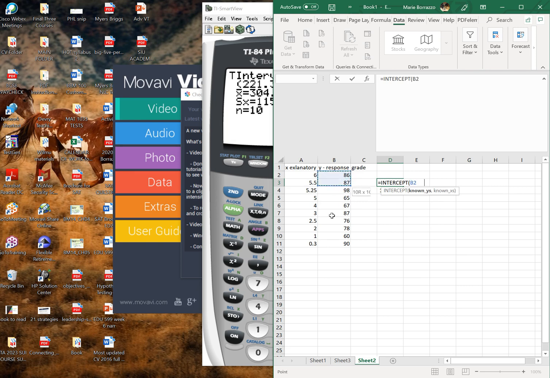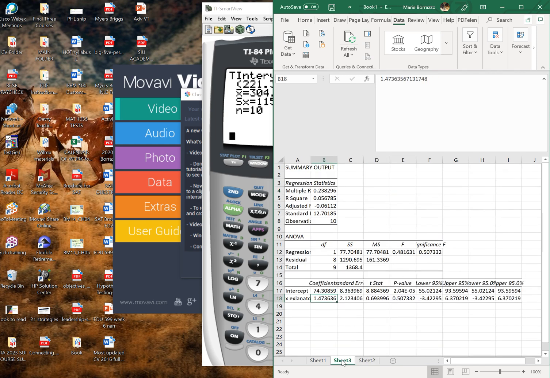It's asking you for the y's first. Notice I'm not using the labels. Comma, and here are the x's. Enter. Notice that number, 74.30859. Look at this number, 74.30859. Okay, and so what you've done here is you found two ways to make a determination as to whether